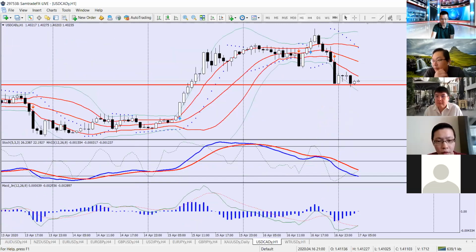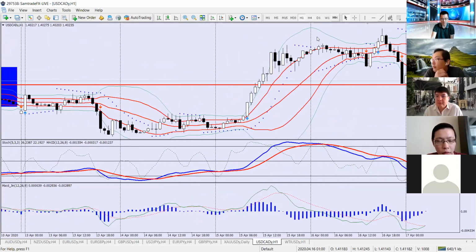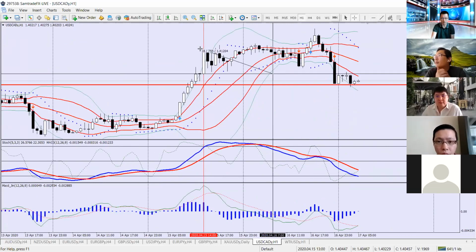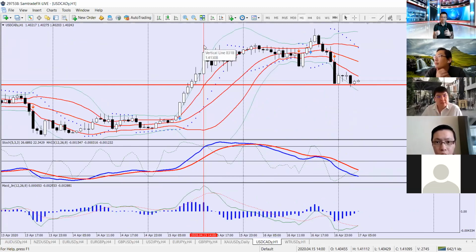If I show you that exact moment the news was released, it is at this point here. With that news release, it was a 70 pip upward move, right? It was a 70 pip upward move, but it came back down again, and then it set at that level straight away for the next day.